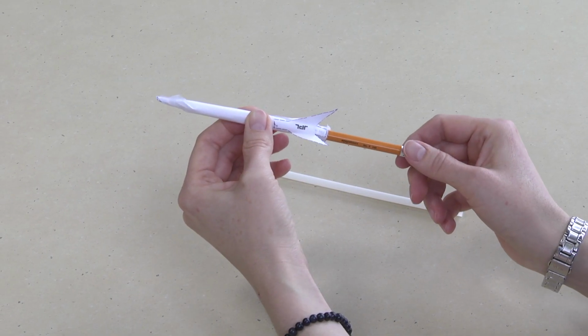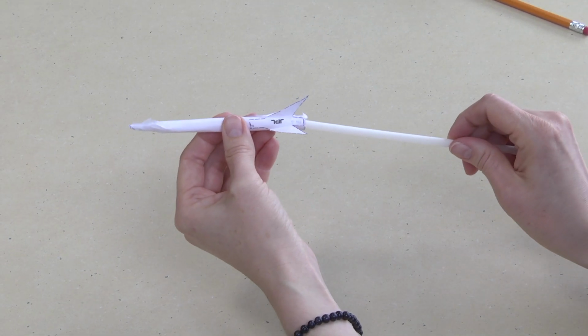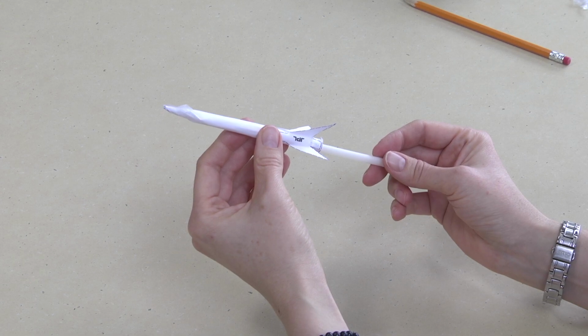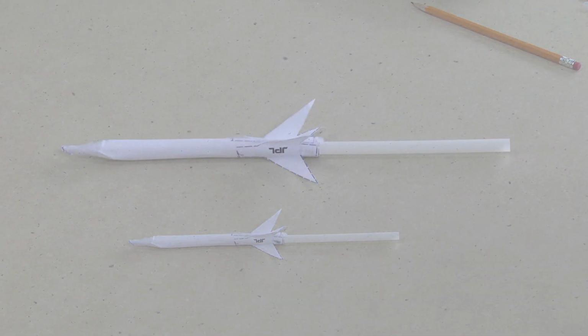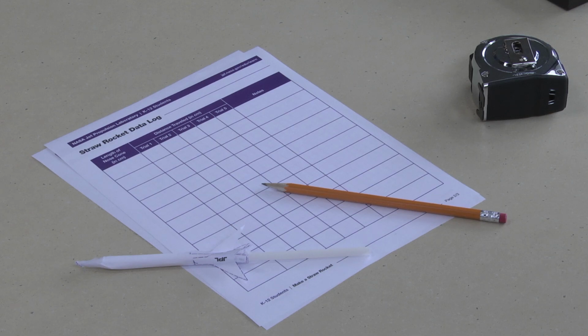Once your rocket is complete, you will remove the pencil and replace it with the straw. Now you're ready to launch your rocket. Make sure you launch your rocket in a safe area away from people and hazards. Now your rocket is complete and you can record the distance your rocket traveled